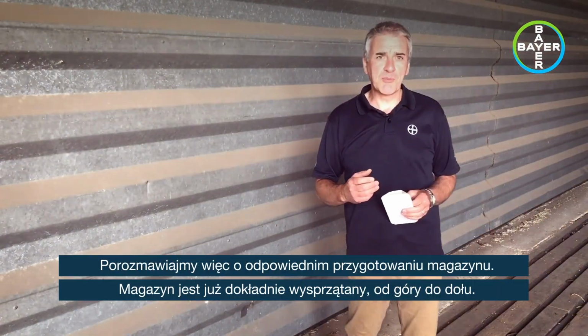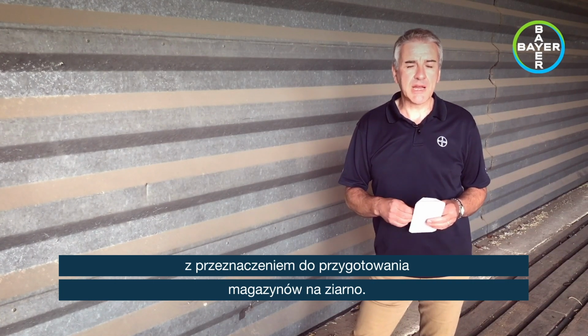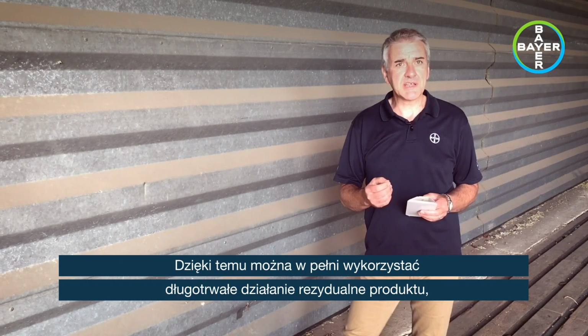So let's talk about prepping the grain store now. We've got it thoroughly cleaned out from top to bottom. All the dust and debris is out. It's been removed and disposed of or burnt. We're now going to talk about K-Obiol, which is the product from Bayer for grain store preparation. That should be applied as early as possible, up to 2 months ahead of harvest. That gives it the chance of the